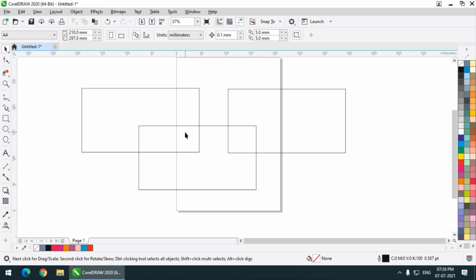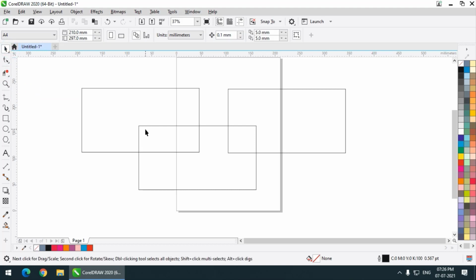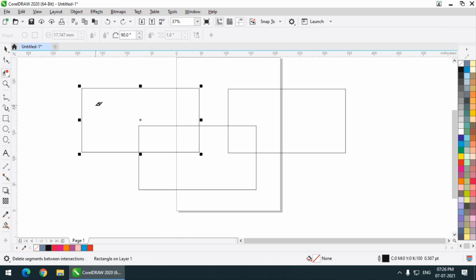So let's say if you want to delete this particular segment, then we have to use the virtual segment tool, because we cannot delete this area without using that tool. If I try to delete this area, it will delete the entire rectangle or whatever shape you have created. So if I want to delete this particular area, I can use the virtual segment delete tool: first select it and simply draw a rectangle, so it will delete that area.